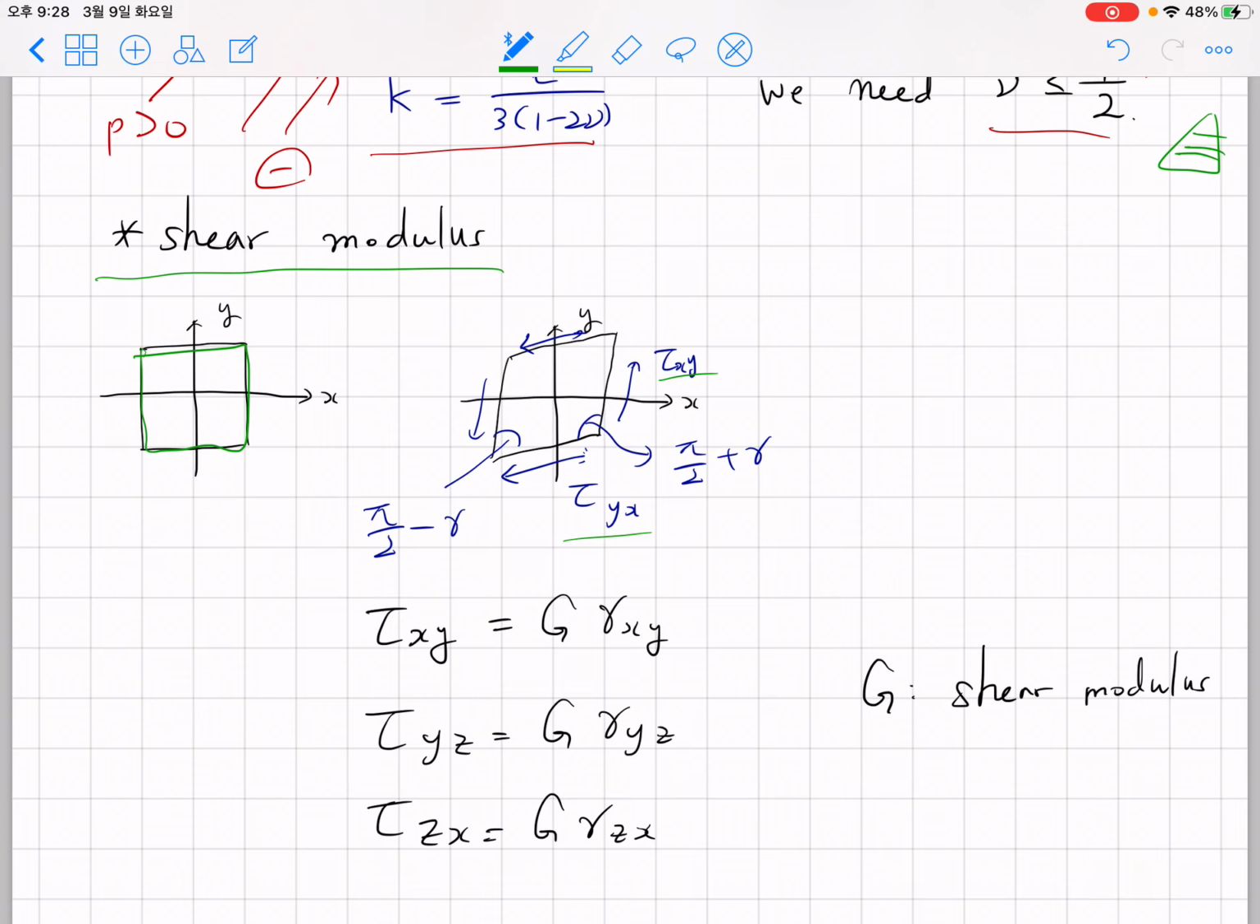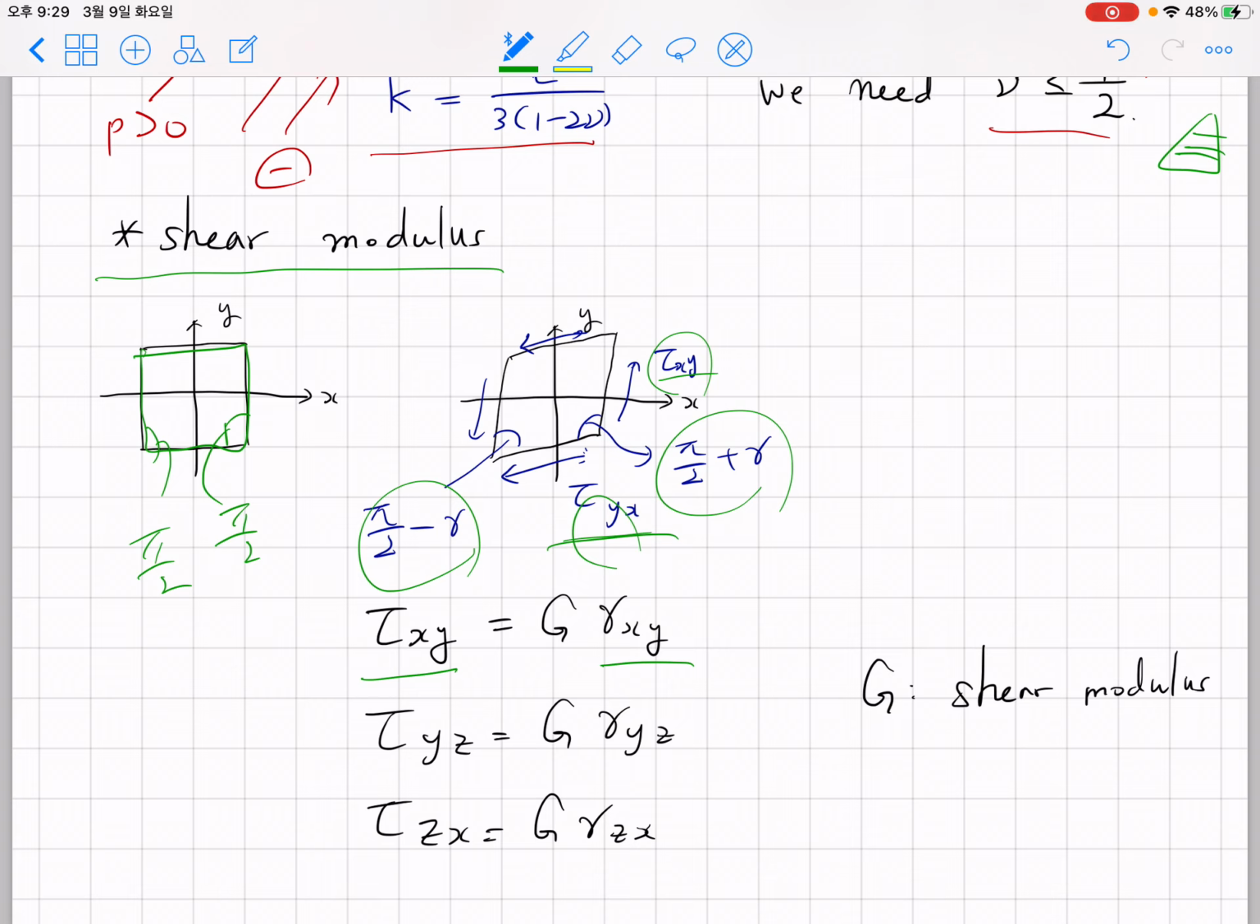Originally the angle was pi over 2 here and pi over 2 here, and due to this shear stress, you expect a change in the angle to pi over 2 plus gamma or pi over 2 minus gamma. So shear modulus G connects the relationship between shear stress tau and the shear strain gamma. For xy